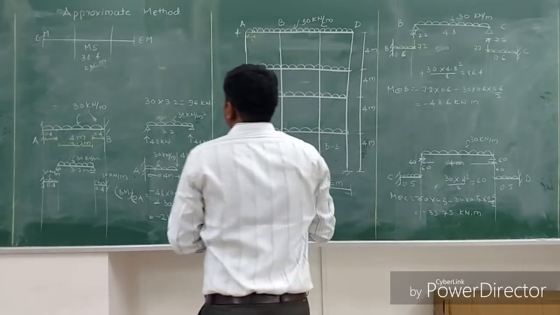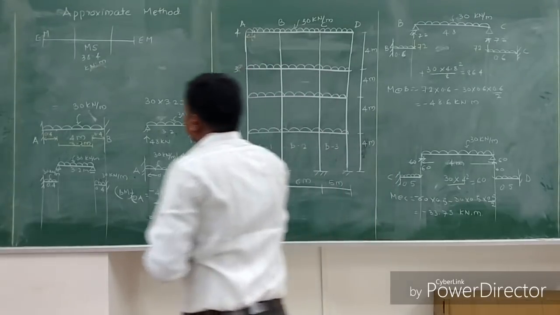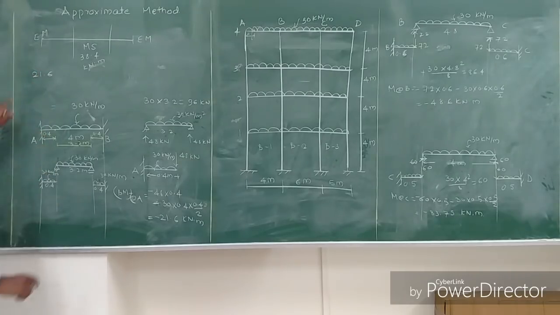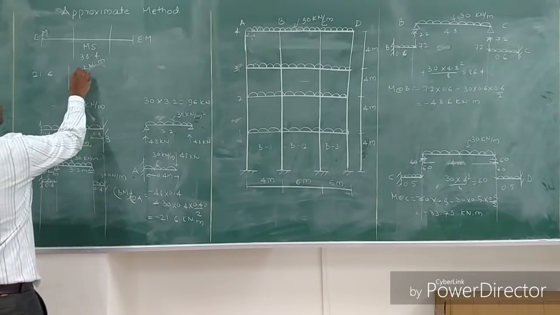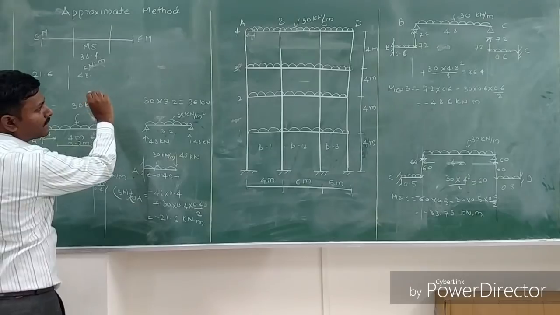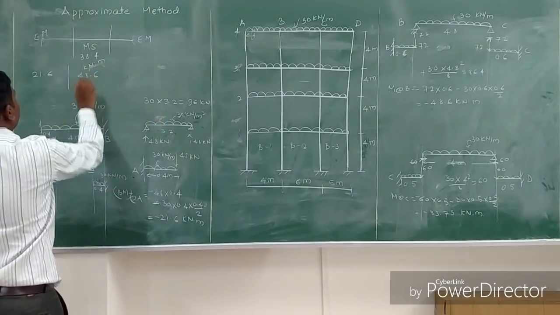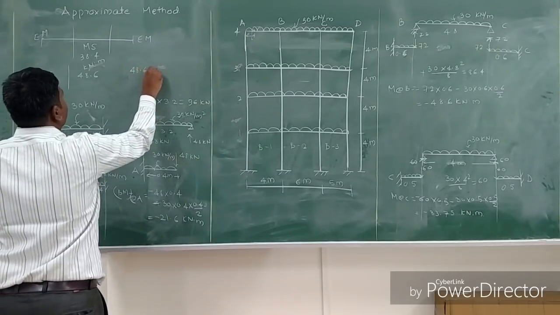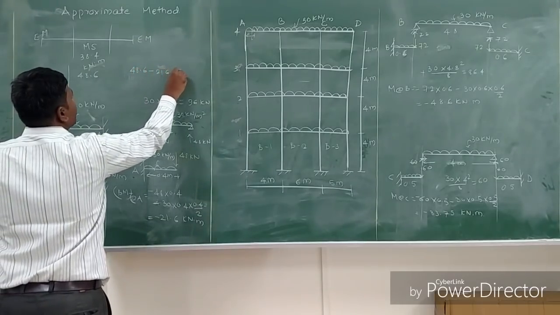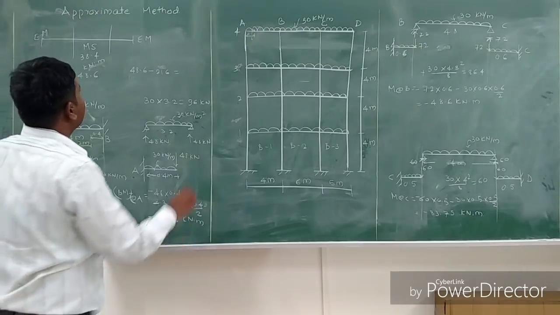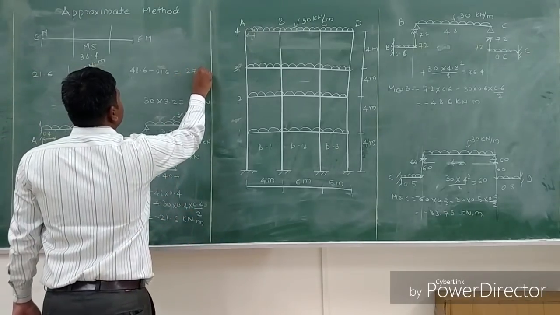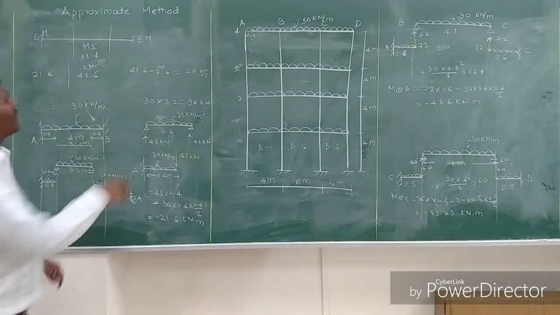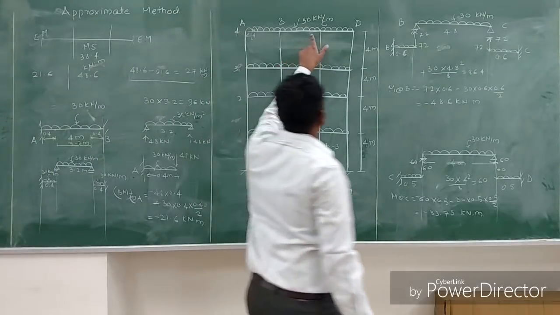For instance, I will do the calculation for you. See, 21.6 is coming from the AB span and the BC span is having 48.6. So the difference between the two is how much? I will directly calculate: this 48.6 minus 21.6. So the difference is 27 kilonewton meter. This difference will be taken up by the column. Similarly, if I go to joint C, if you compare again,